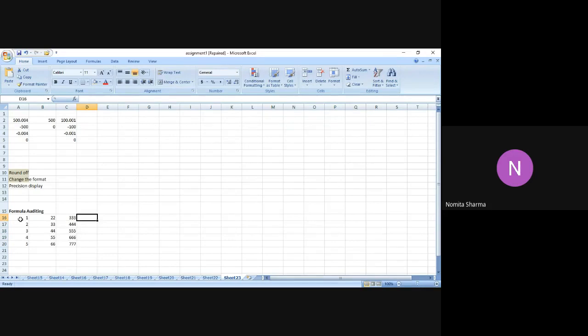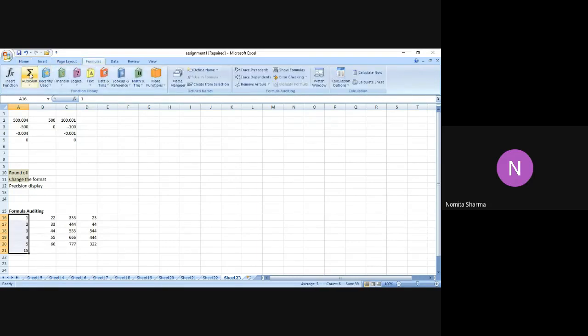Let me do one more so that we can get more tracking. Now I'm going to use some function with this. Further, I do the same thing with the other columns as well.